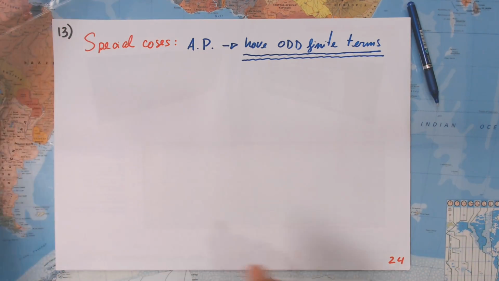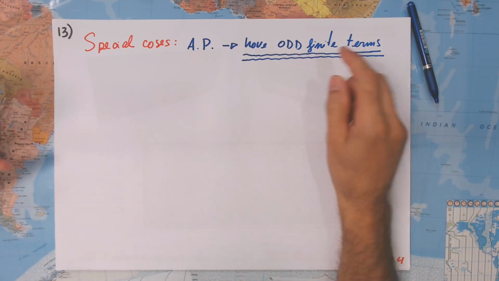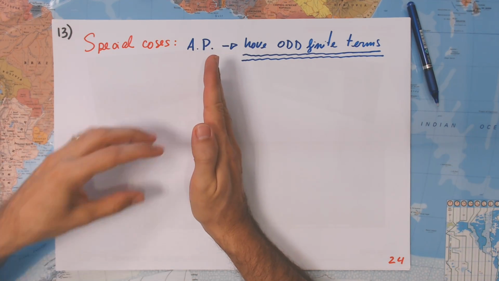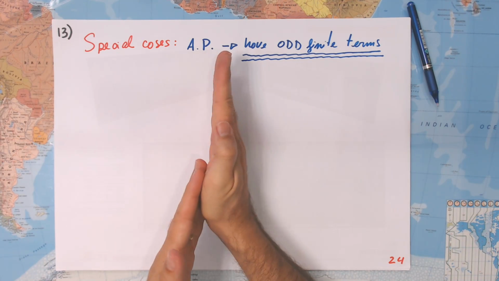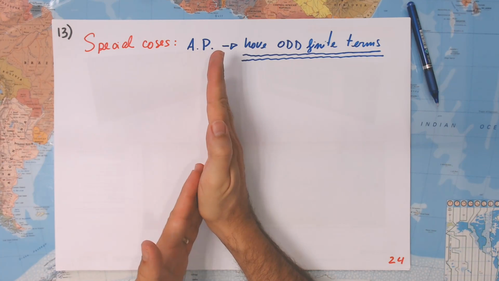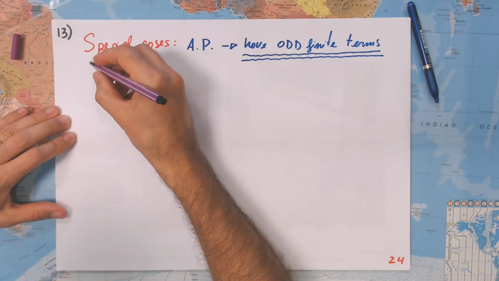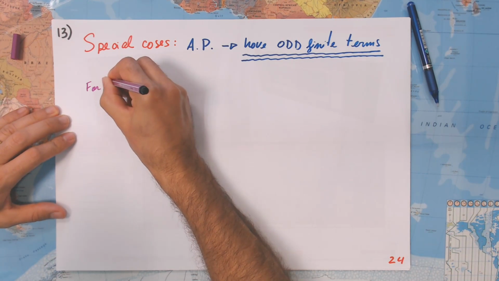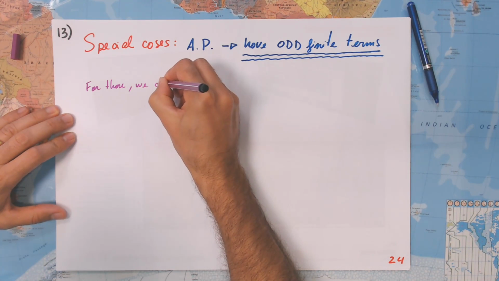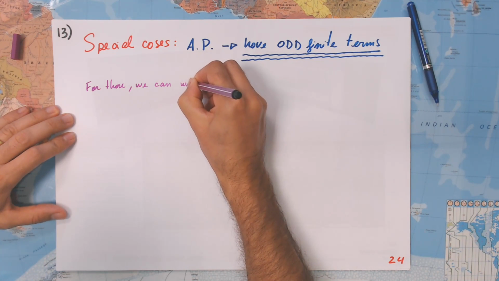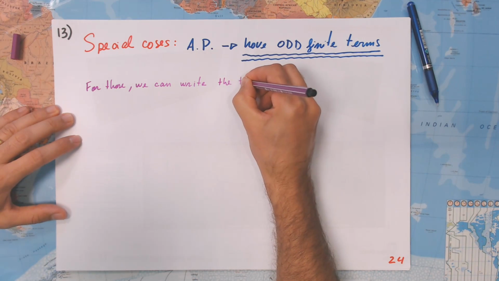Now, it must be odd, okay? Why? Because we have to have a central term. Some amount in here and the same amount in here, but we have to have this central term right in the middle. That is why it must be odd. And for those, we can write the terms